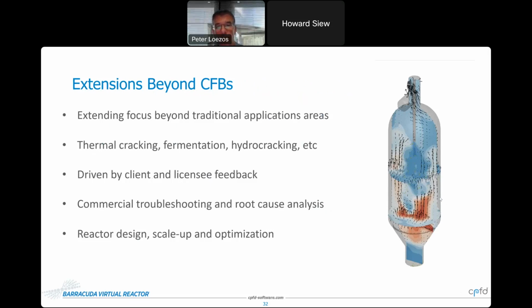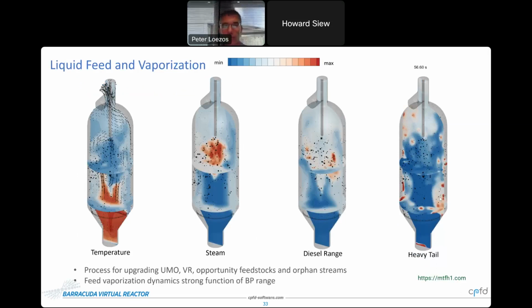So we extended the focus beyond these traditional application areas where we can model thermal cracking, fermentation, hydrocracking systems, among others. And to a large extent, this was driven by client and licensee feedback, where we use Barracuda Virtual Reactor for commercial troubleshooting and root cause analysis, along with reactor design, scale up, and optimization. So very similar to the examples you saw before with the FCC regenerator and the riser. So let me touch on some work that we're doing supporting a client who is developing a new process